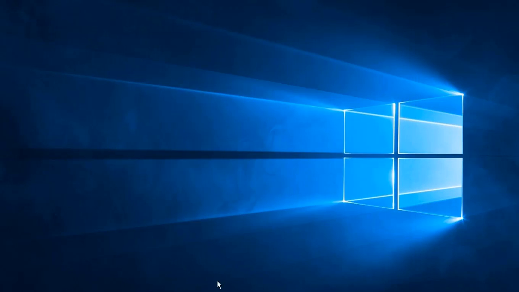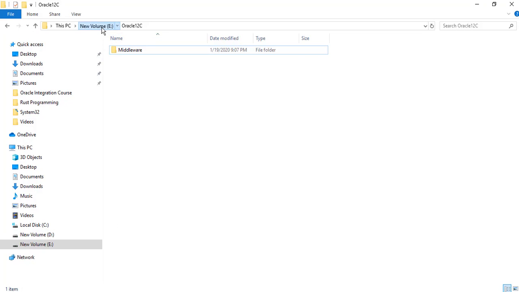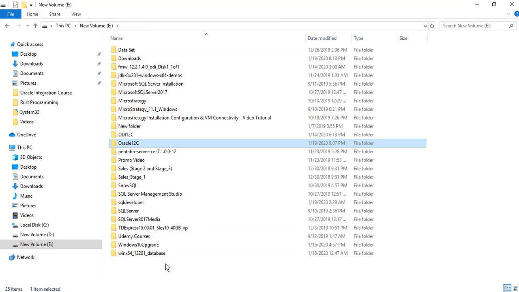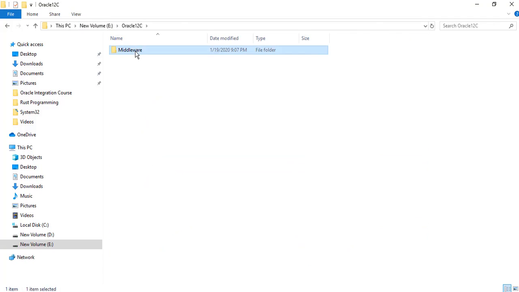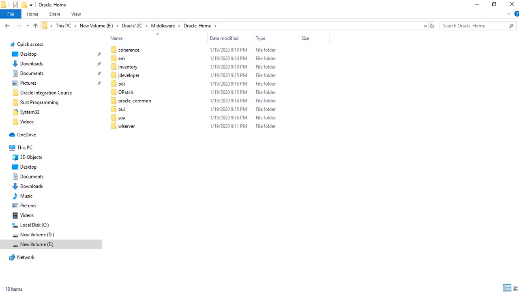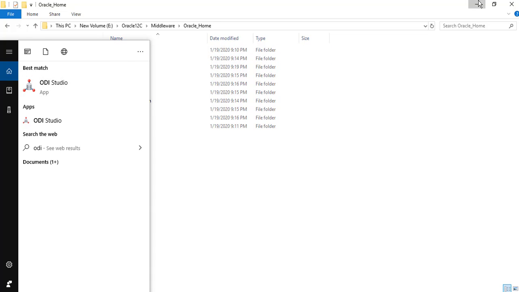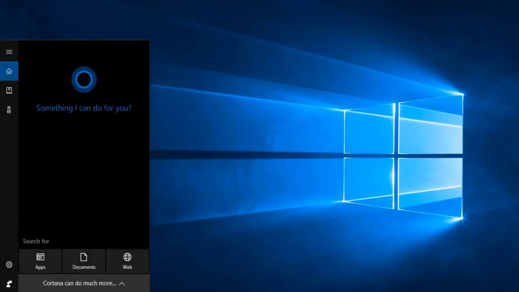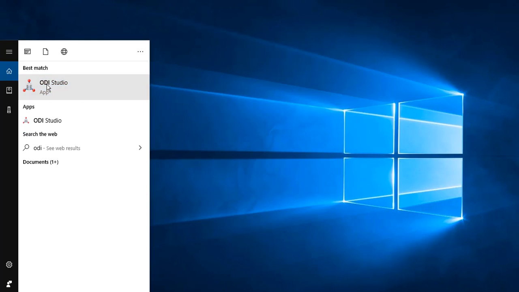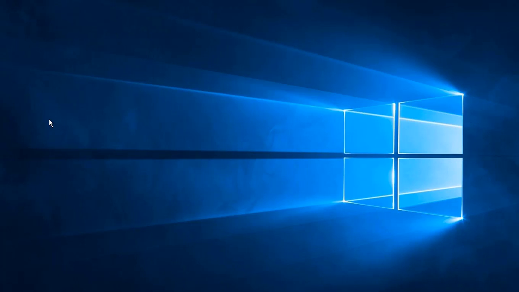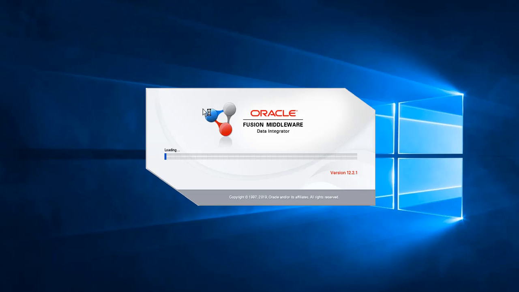So now let me show you the folder where Oracle Data Integrator 12c is installed. Oracle 12c. So this is the folder where I have installed Oracle Data Integrator 12c. Now I'm going to open the ODI Studio. Click on this ODI Studio. So look,